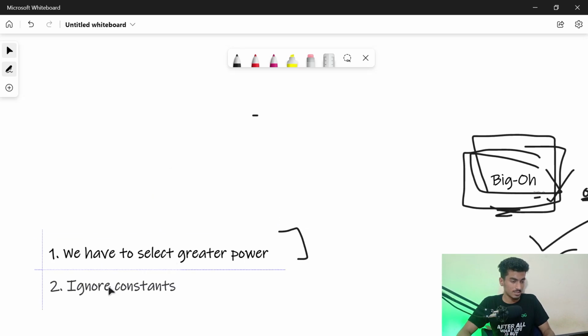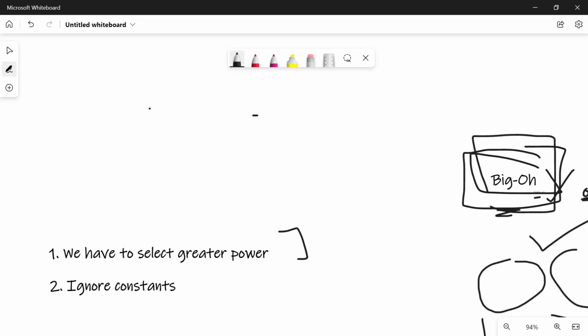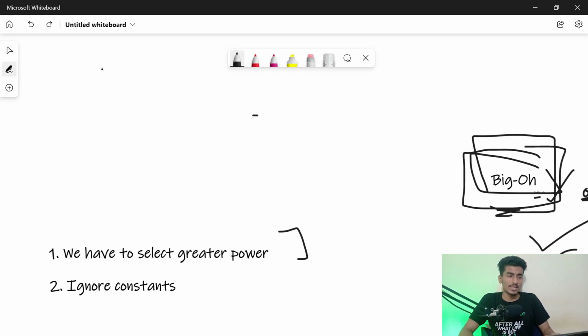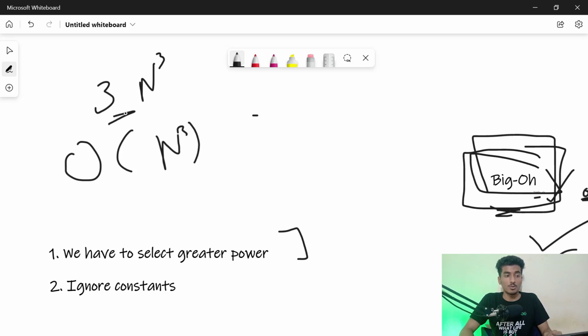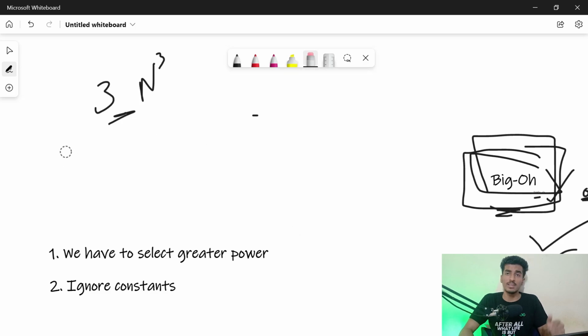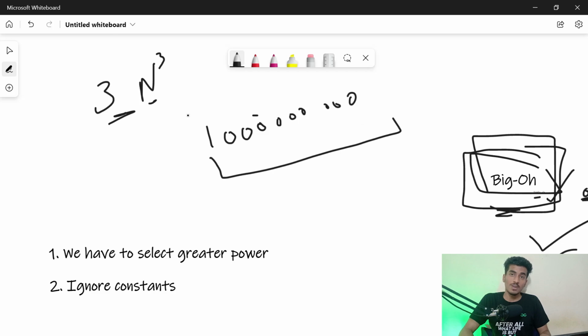That is the second rule, and let me tell you why. Suppose I observed the time complexity of my program is 3n cube, and when I am writing it as big O, it will be considered as O of n cube. But why do we have to ignore this constant? Suppose the value of n is 1000. Then n cube will be 1 billion, a very huge value. That is the value of n cube, and when we multiply it with 3,